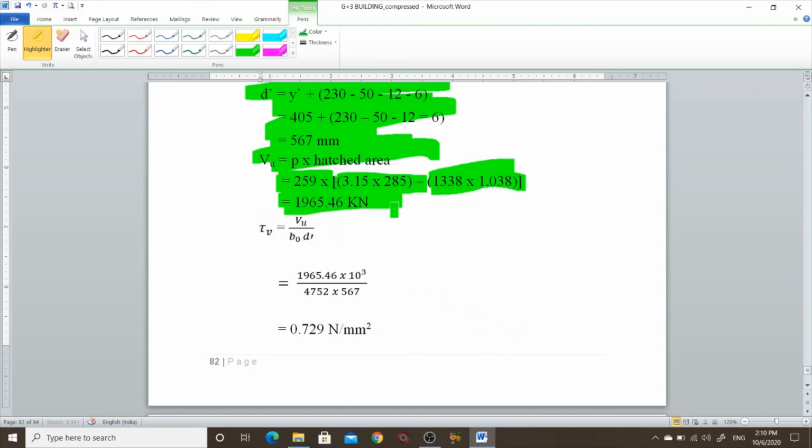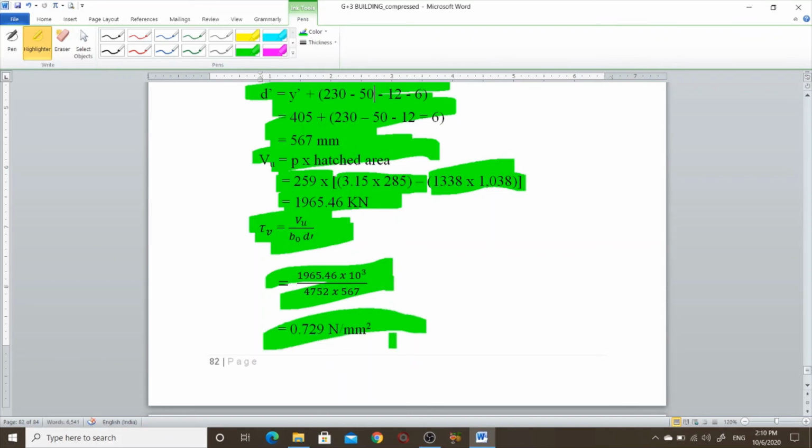So Vu is 1965.46. So tau v is equal to Vu upon b0 d dash. So tau v is 0.729 Newton per mm square.